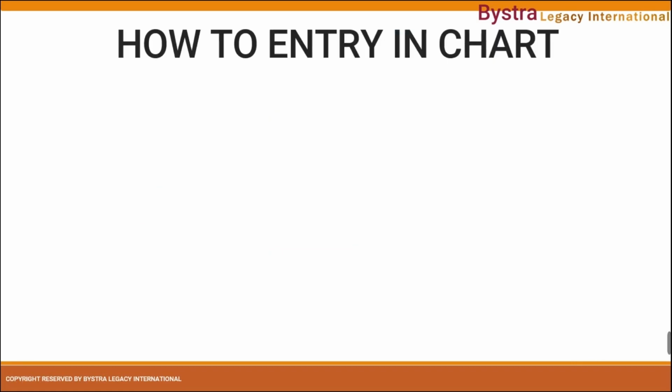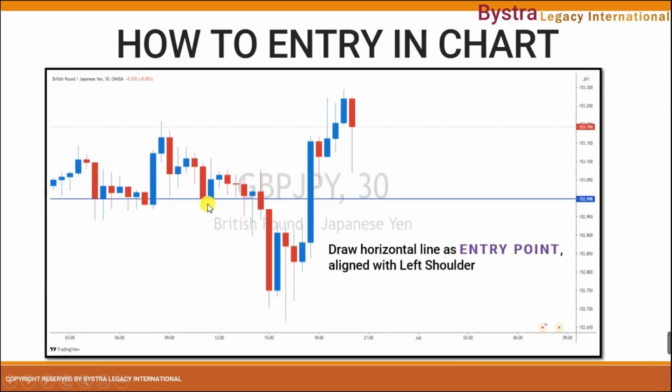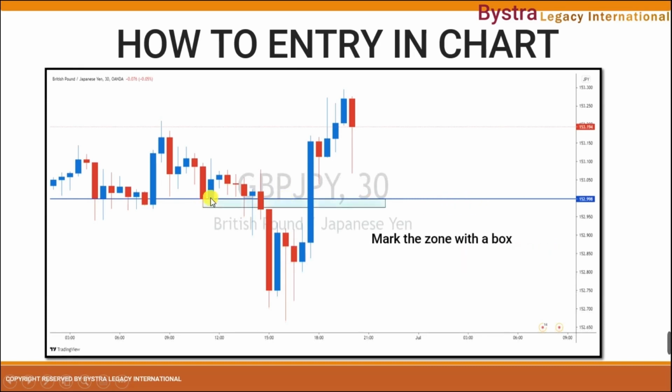Now let's look at how we enter in the chart. Here there is a pair GBP JPY on an M30 time frame. There's a QM pattern here. Let's mark the horizontal line as our entry point. This is our left shoulder, and then we mark the zone up to the wick,